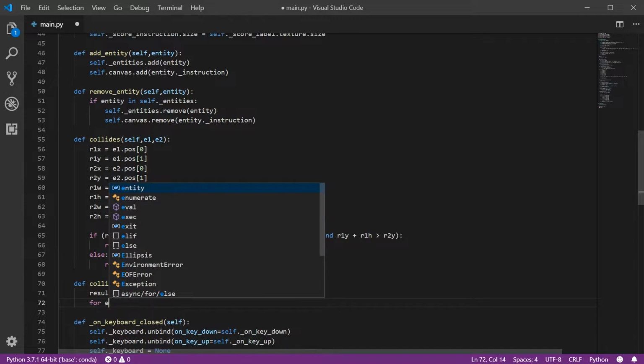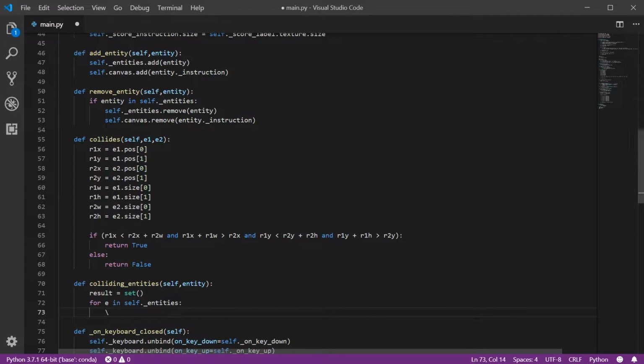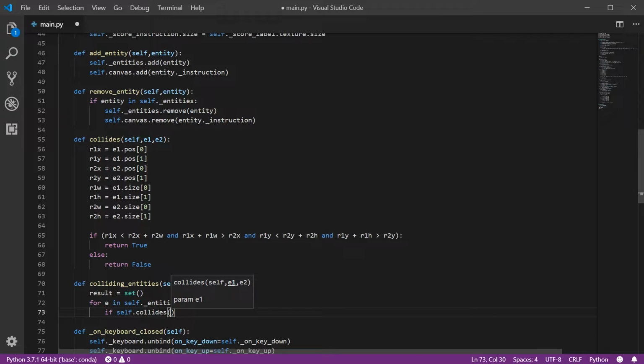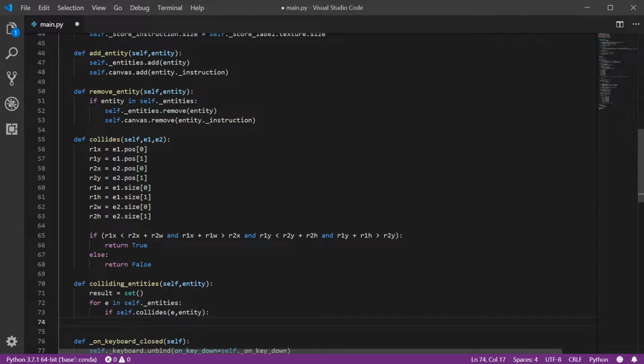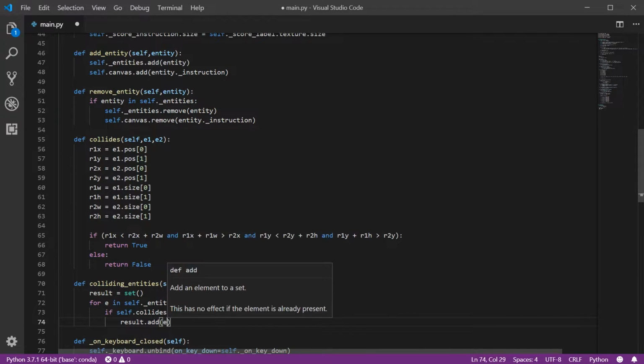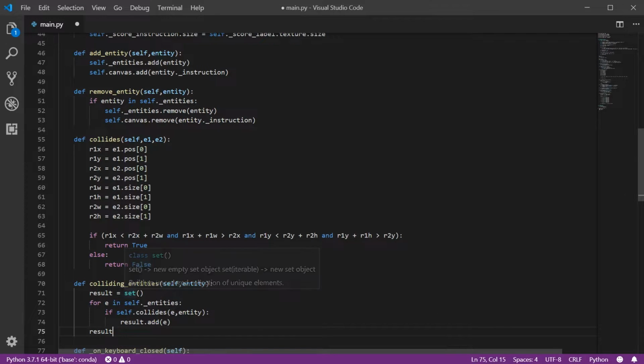For each entity in our set of entities, we see if that entity collides with the passed-in entity. If it does, then we add it to our results. At the end, we return our result. If you get no entities colliding with this entity, you get an empty set,